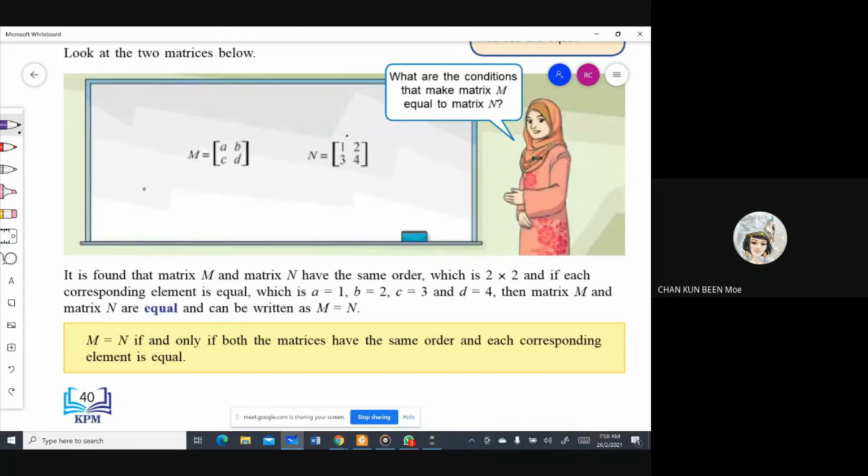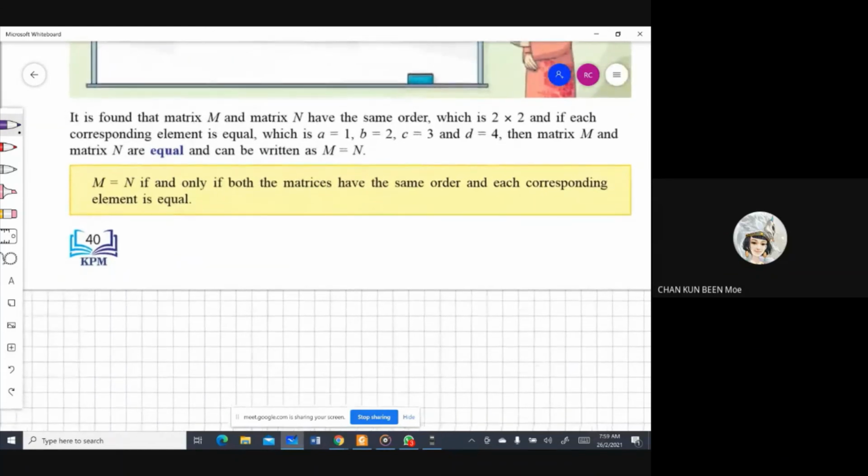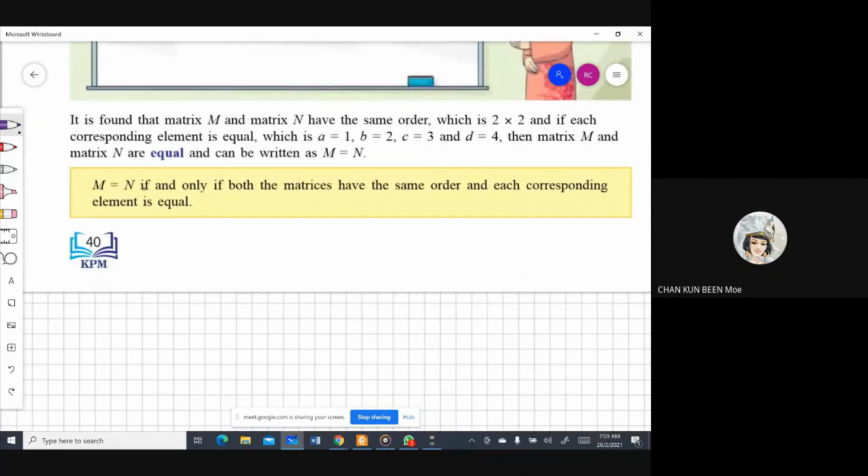Then N is equal to 1, 2, 3, 4. If they say matrix M is equal to N, then when I ask you what is the value of A, directly you refer to 1. That is how you find out whether they are the same or not. Look at the bottom part here. It is found that matrix M and N have the same order, which is 2 by 2. And if each corresponding element is equal, which is A equal to 1, B equal to 2, C equal to 3, and D equal to 4, then matrix M and N are equal